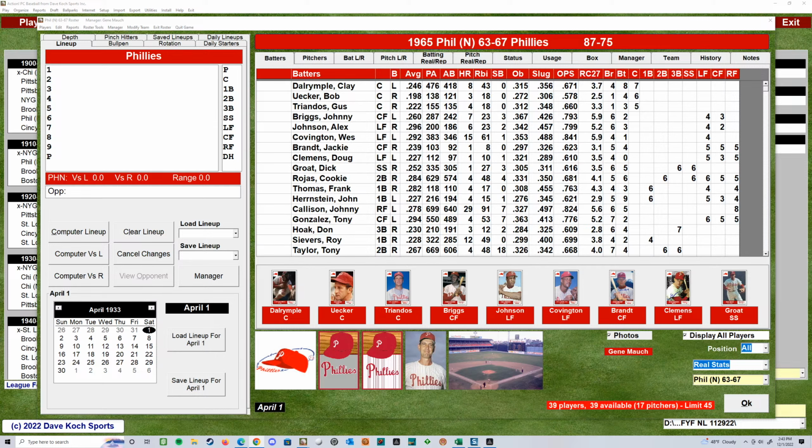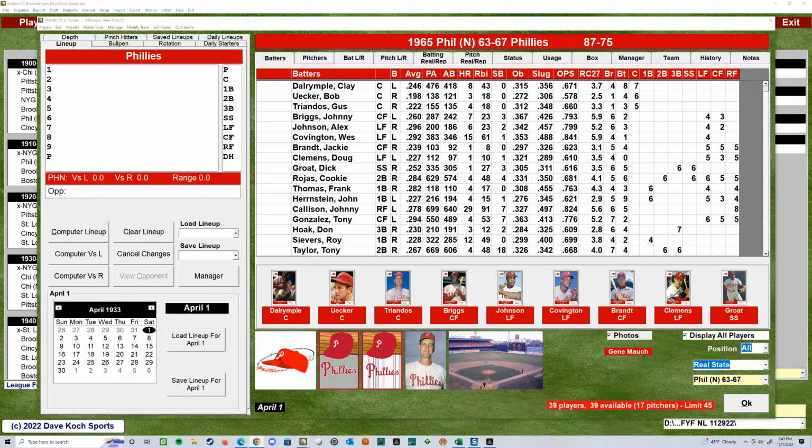And then a buddy of mine, about 89, I got married in 89, he got the first Pursue the Pennant Diamond Mine joint venture, where it wasn't even a computer manager. It was human controlled. And he bought that, and I'm like, man, this is awesome. And then I just kept getting Diamond Mine each year from 1990 on.